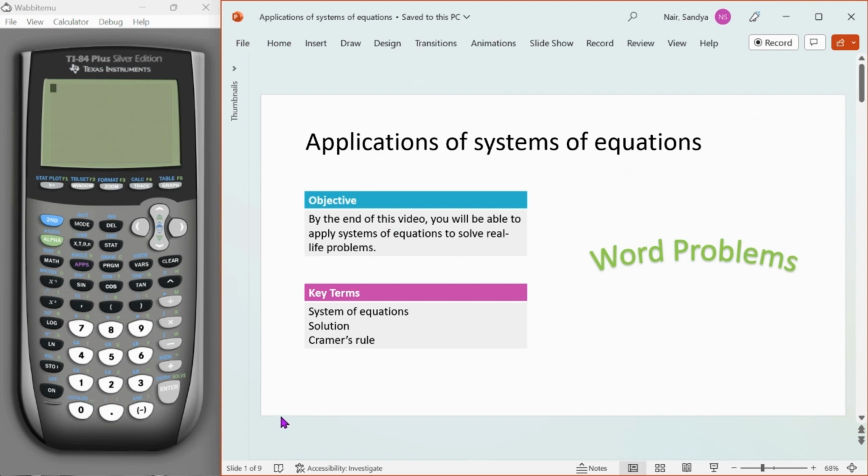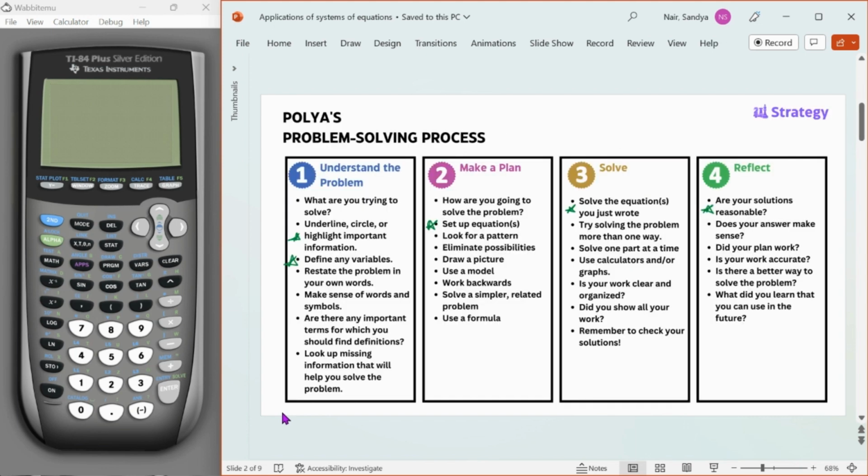So in this video, we're going to talk about how to apply systems of equations to solve real life problems. We're going to tie together some of the concepts that we learned, and we're not only going to formulate the system of equations, we're actually going to go ahead and solve it. So remember, to write the system, we need to focus on the important information and make sure that